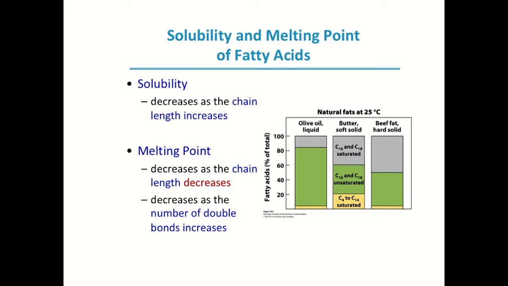Olive oil is an unsaturated fatty acid, so the presence of the double bond decreases the melting point, and therefore it's a liquid at room temperature. Butter, on the other hand, contains saturated fatty acids, which don't have double bonds and therefore have a higher melting point, so it's a soft solid at room temperature. And then beef fat has a greater percentage of saturated fatty acids, which makes it a hard solid at room